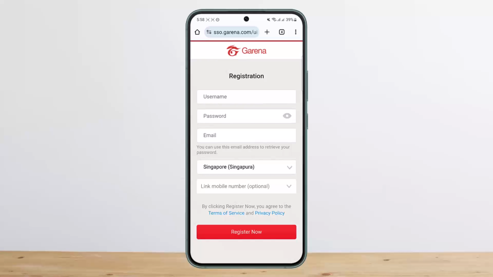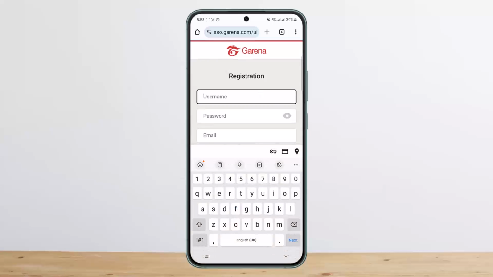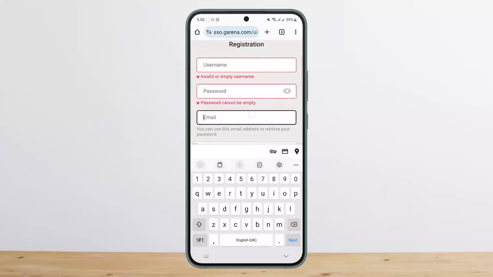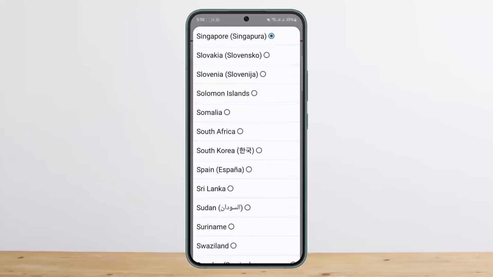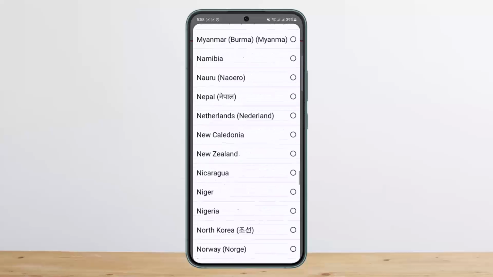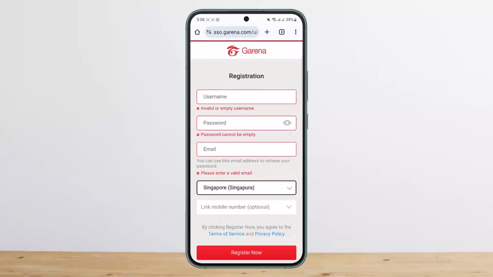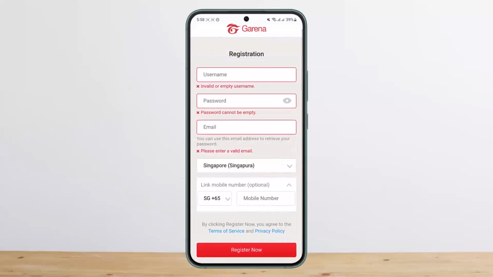Now here you want to enter your username, your new username, whatever you want to set, your new password that you wish to, and add an email address here. Now you want to add a new email address that you have, and then select the region. Here you can see the servers. Once you do so, down below you can add a mobile number if you want, and then tap on